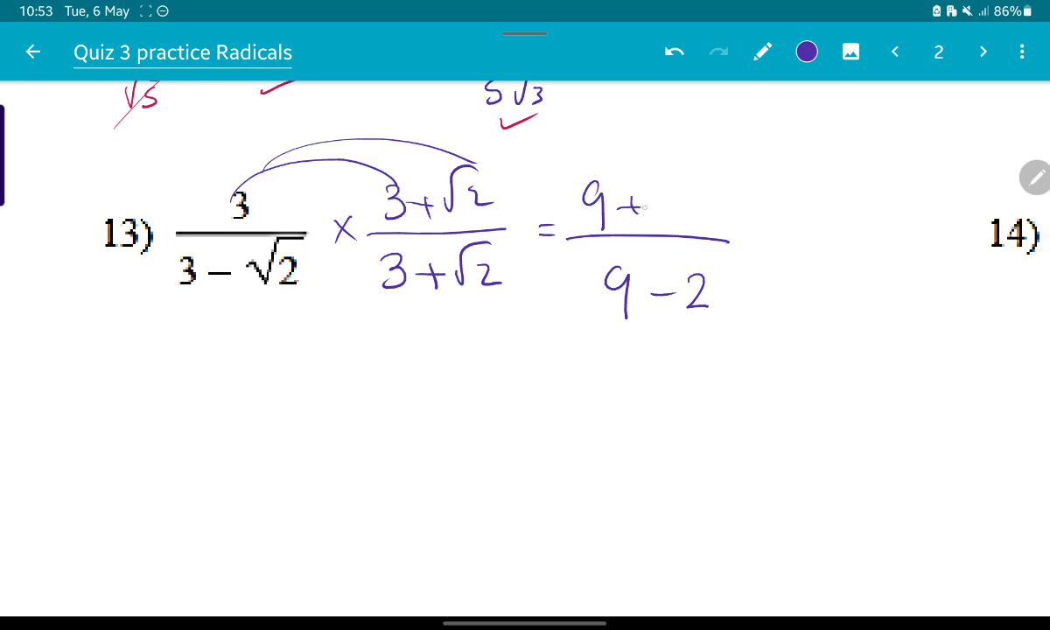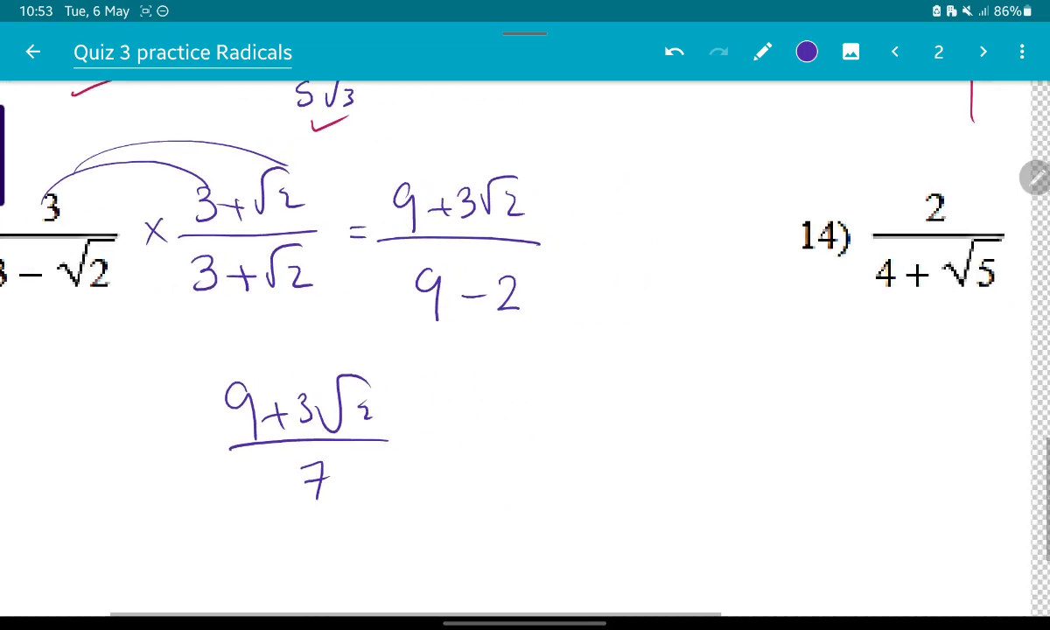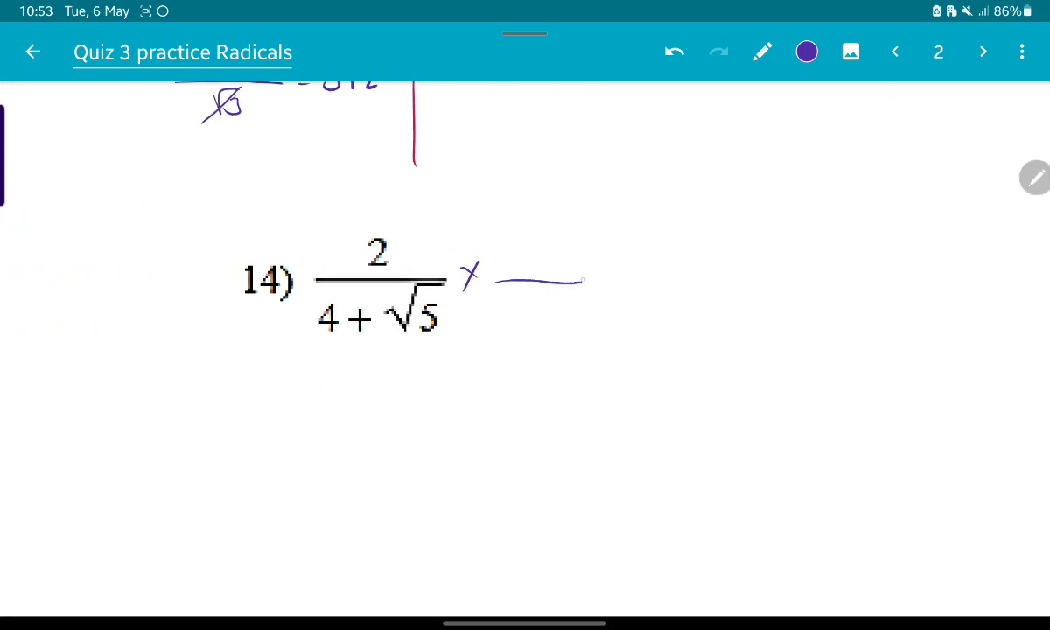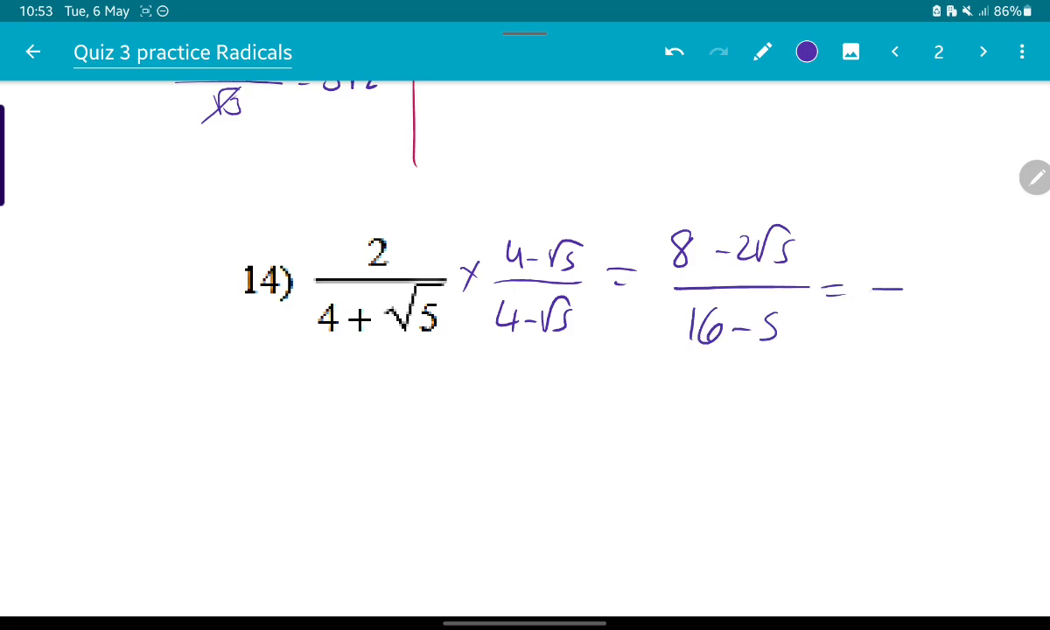Root 2. 9 plus 3 root 2. It's 9 plus 3 root 2 over 7. This is the final answer. Here we have the same, 4 minus root 5, 4 minus root 5. Root minus root 5. 3 minus 5... 7. 8 minus 2 root 5. This is the